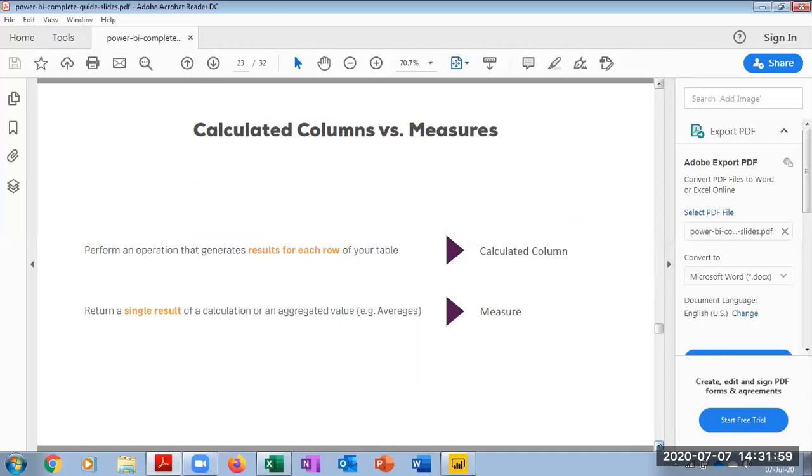When I create a formula between the first, second, or last column with the previous column or multiple columns, if I create results for each and every row, then I term that as a calculated column. Wherein if I'm creating an aggregate